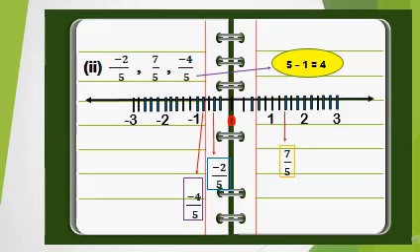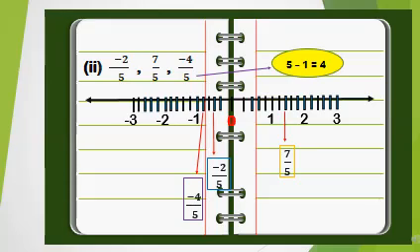Same process we will do on the left hand side, and on the left hand side we will write negative numbers. Okay. Now we will see the numerator. Here the numerator is -2. Here numerator is -2, so it will come on the left hand side. After 0, we will count 2 lines, 1, 2. Where the second line comes, we will mark it as -2/5.